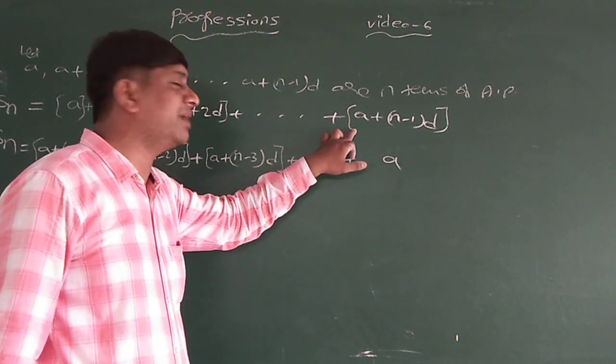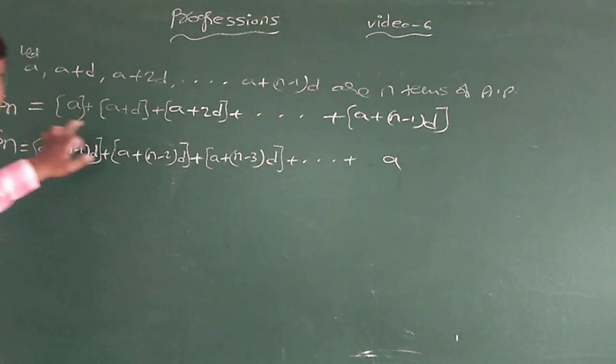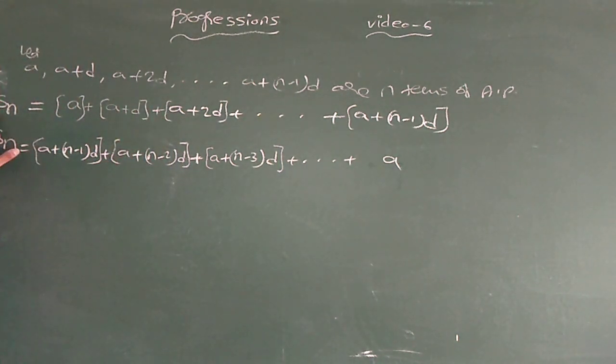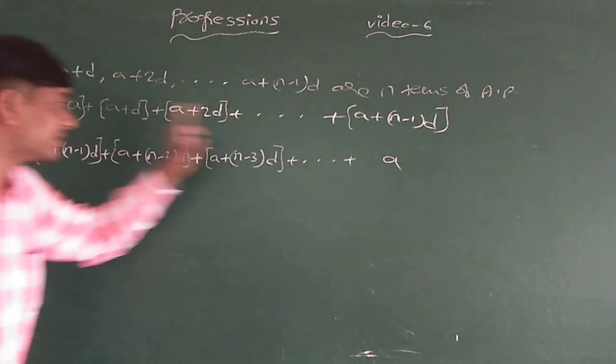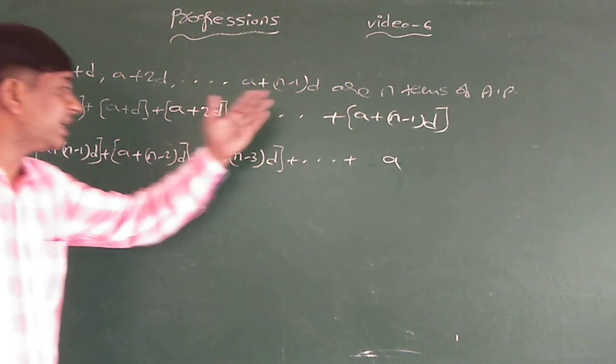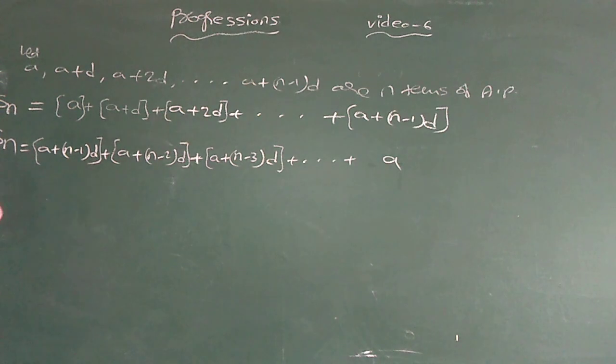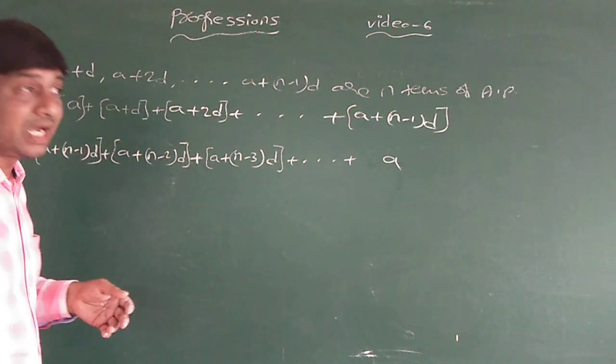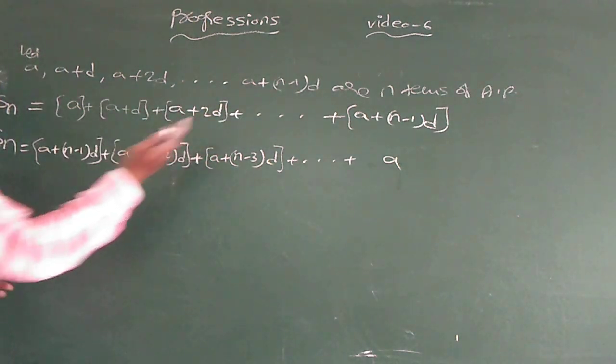You are adding, so it is denoted with S. How many terms are you adding? N terms, Sn. Next, Sn is equal to the reverse order; I am adding the second term with the help of the idea of Gauss. So in reverse order, the last term becomes the first one, and the last one is the second one.